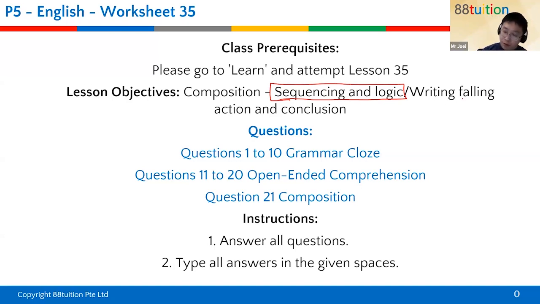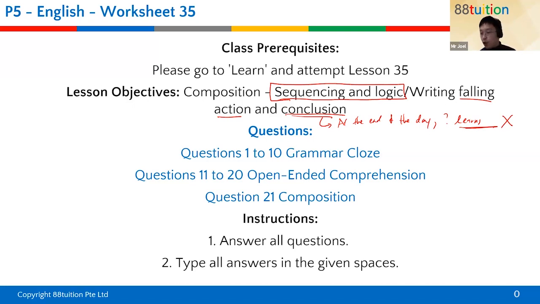We're also going to talk about writing falling actions and conclusions. Conclusions are very important. A lot of you are using this technique where you say, at the end of the day, so-and-so learns this and that. This is one way to go about doing it, but this is not the best way actually. There are a few better ways to go about ending your story than to say, at the end of the day, Joseph learned to be a more generous person, that kind of thing. Like, what? Come on, seriously. That is so 10 years ago technique. I'll be covering some better techniques at the end of the lesson, when we cover this part here.